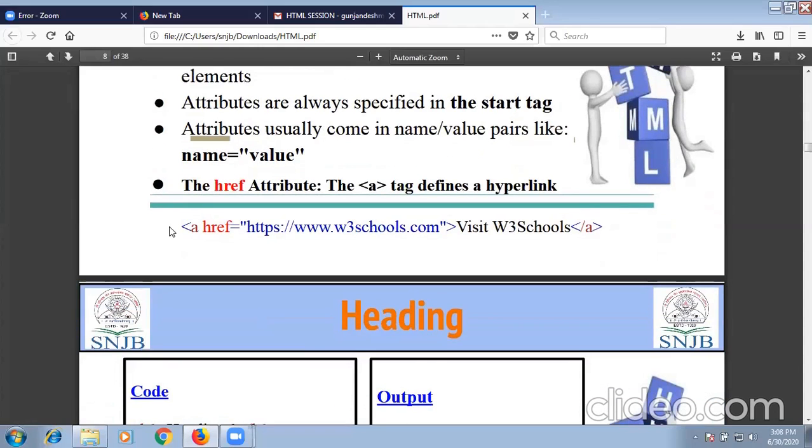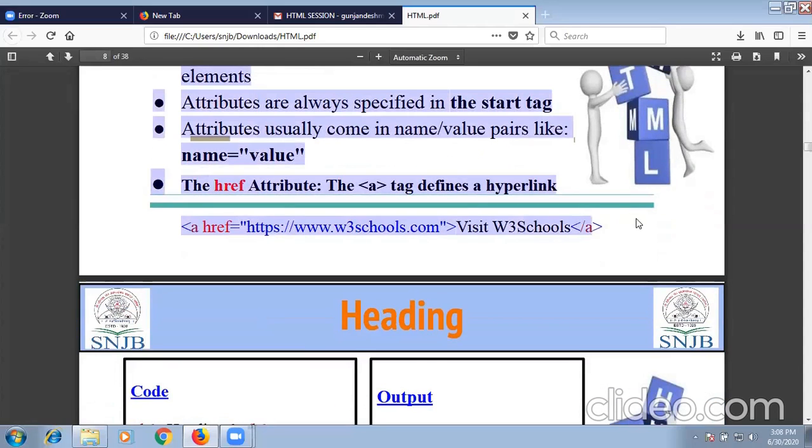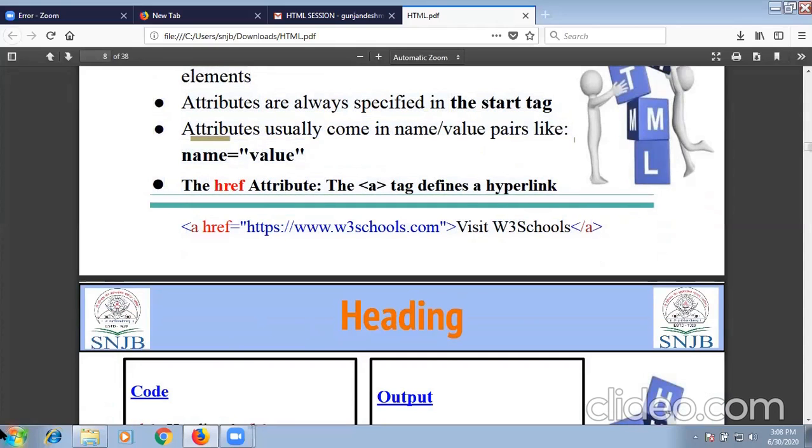So in this example, I give the a tag, then the reference link, and the text for which we are going to provide the link. This will be the text and this will be the link.